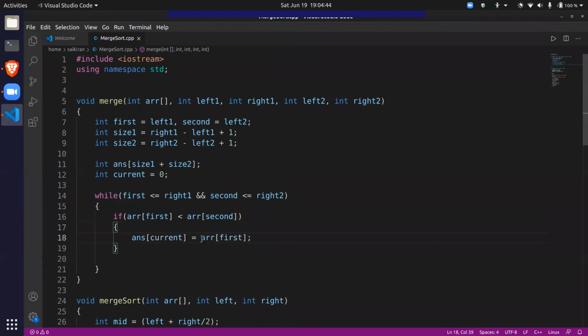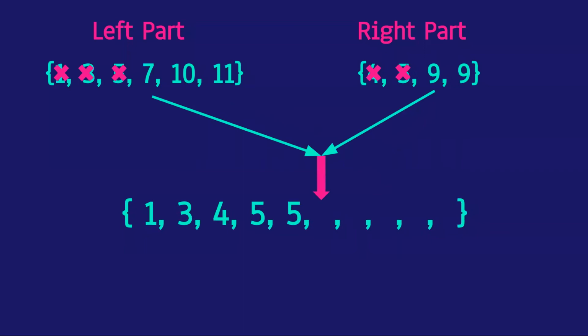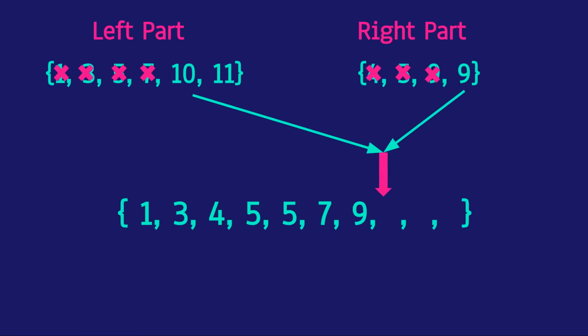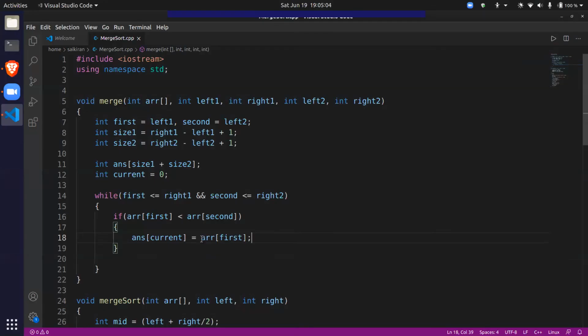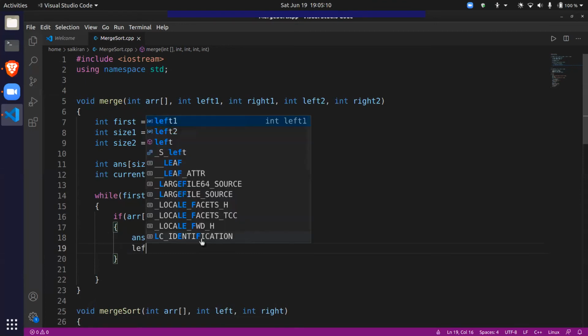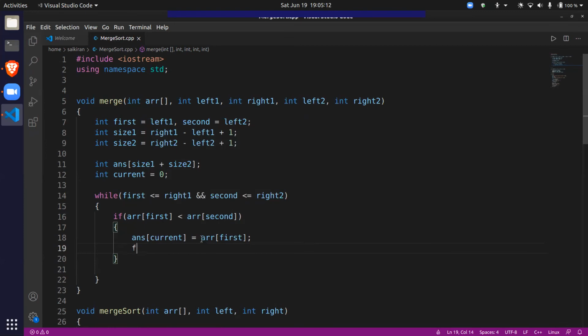It'll be clear why in just a second. So once you take the first element, like, if the first guy won, what do you do now? Let's go to this example. Here we are comparing 7 and 9. 7 won. What do we do now? We move the left pointer one place ahead, right? So whoever wins, we move that pointer one place ahead. So here, since first wins, we'll move that pointer one place ahead. First plus plus.